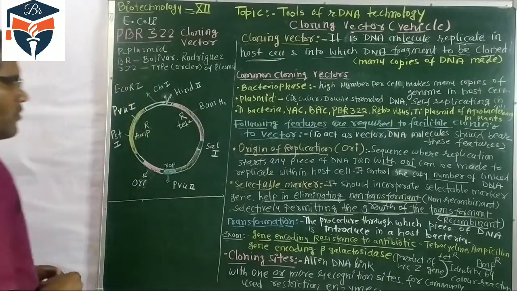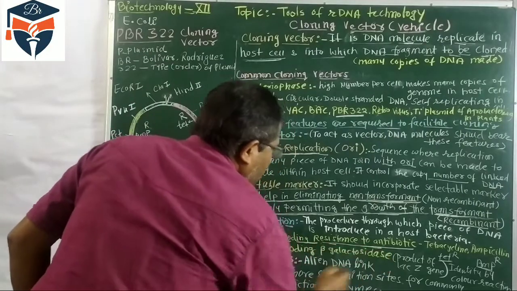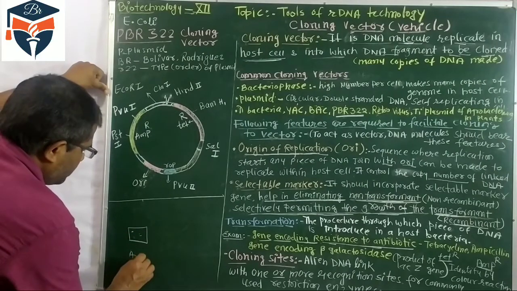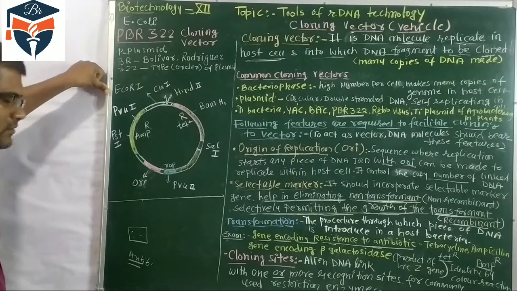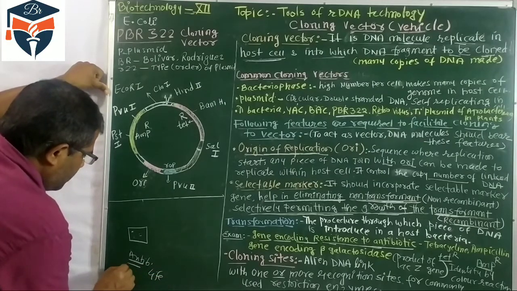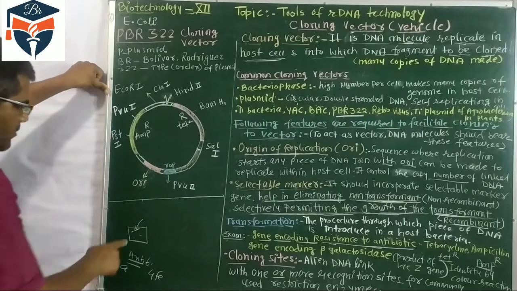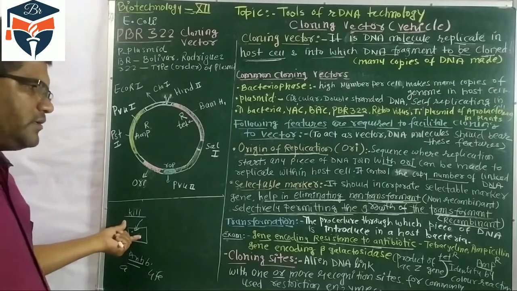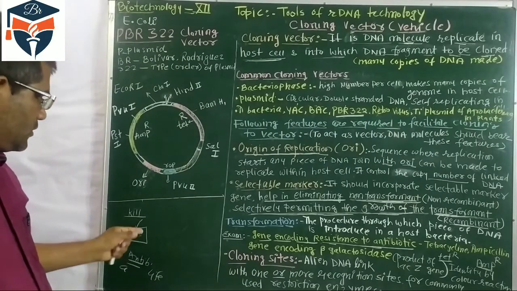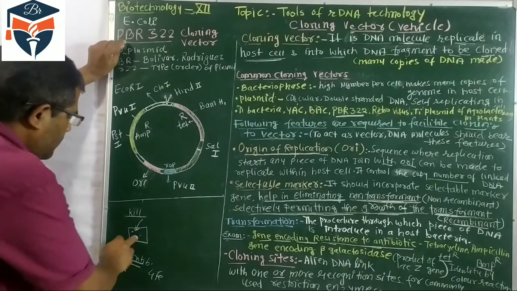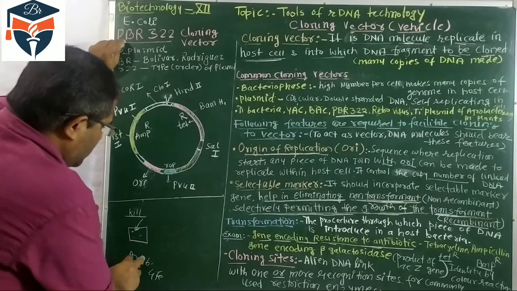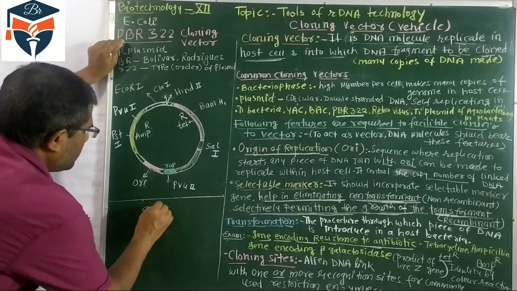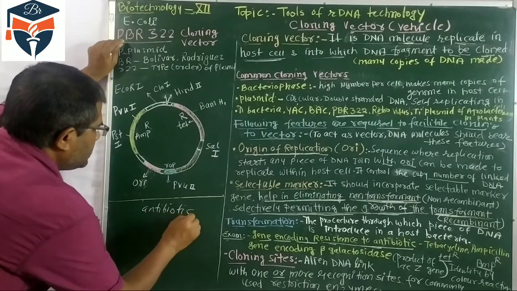Now to understand, what do you mean by resistant to antibiotic? Suppose this is a medicine which we call an antibiotic. Anti means against and biotic means life. So if any organism is kept in this antibiotic, it will die or be killed. So an antibiotic is a chemical which kills microbes. Antibiotic is not antibody. Sorry, it is antibiotic.